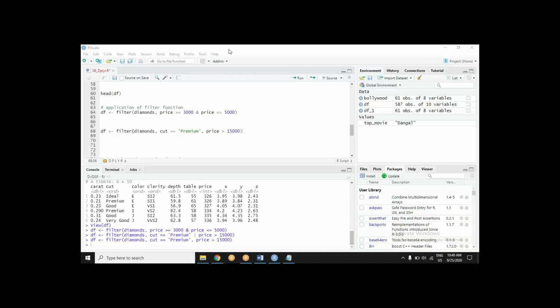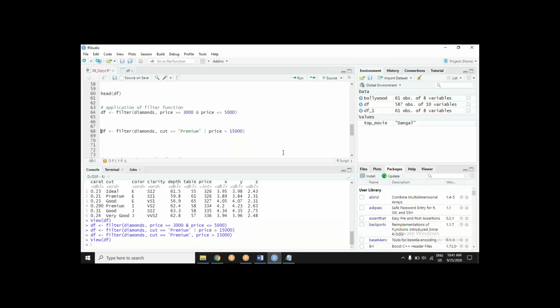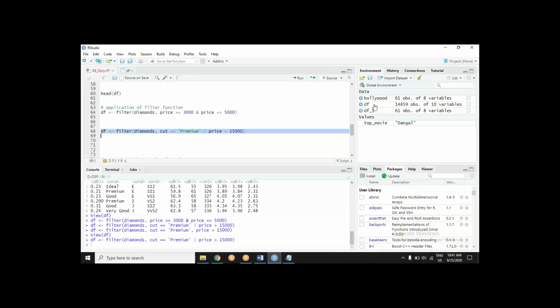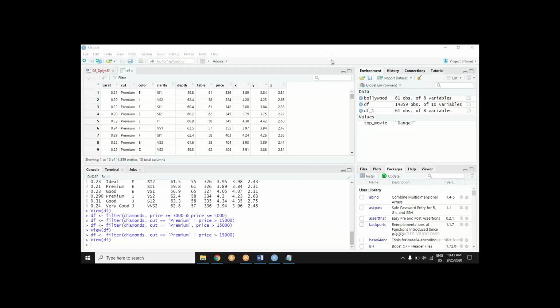Price, it is not filtering more than 15,000. Why not? Of course it is filtering, Rehan. Have a look now. I have used the or condition. So necessarily I don't want the price to always be more than 15,000. If the price is not more than 15,000, it can be that the cut is premium. That is also a condition, no? So either one of two is true. You see, these are cheap diamonds, but at least their cut quality is premium. That was my condition.